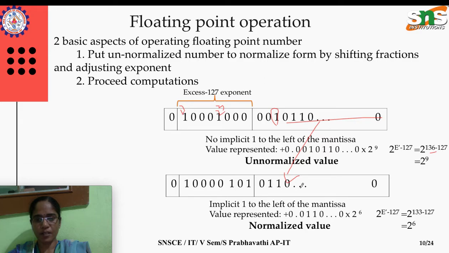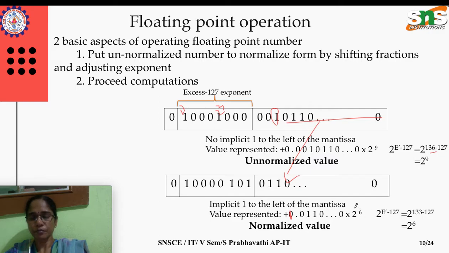Mantissa is normalized, and since we have shifted 3 times towards the left, the exponent value is varied. Okay, so 3 times it is shifted. So now the value will be, please correct it here, it should be 1. Okay, now it is implicit, there is an implicit 1 to the left of the mantissa. Okay, so 1 dot, here 0, 1, 1, 0, it goes on into 2 to the power.